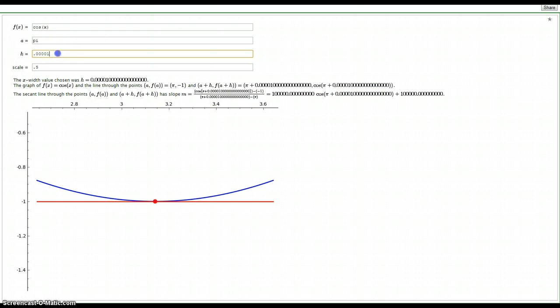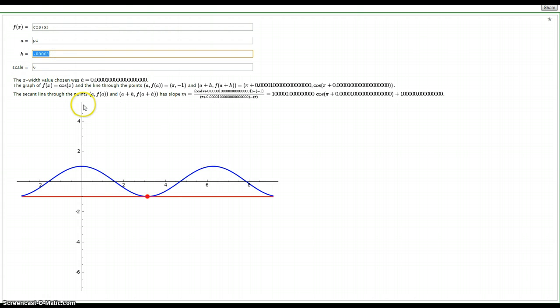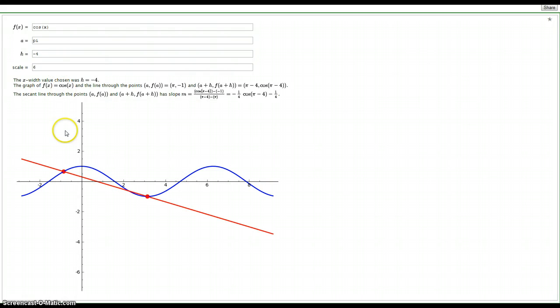Okay, great. And the other thing we can do, if we just zoom back out a little bit, let's change the scale back to something like 6. We can also use h values that are negative, something like maybe -4. That means we have, this is still our fixed point, but now the other point, we find its x value is, take this x value and subtract 4 from it, and then just find the point that's on the graph of the function. We can make h -3, h -2, h -1,